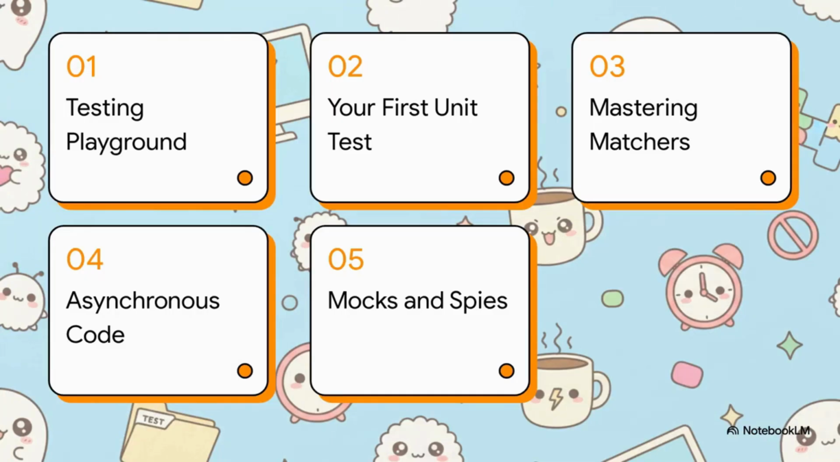So here's our agenda. We're hitting 5 key areas today. First, the testing playground. Second, your first unit test. Third, mastering Jest matchers. Fourth, taming asynchronous code. And finally, number 5, mock functions and spies. We've got a lot of ground to cover to get you writing that bulletproof code, so let's just dive right